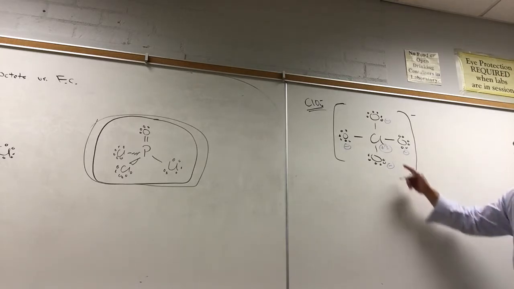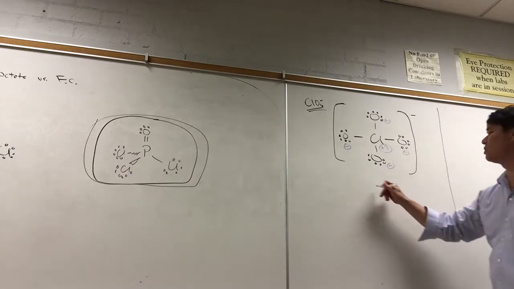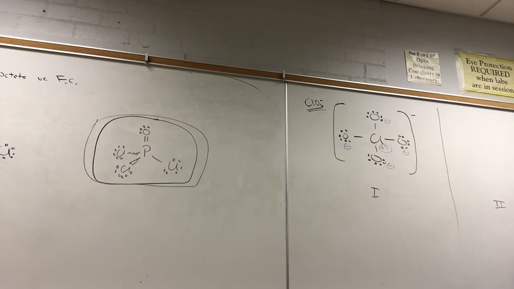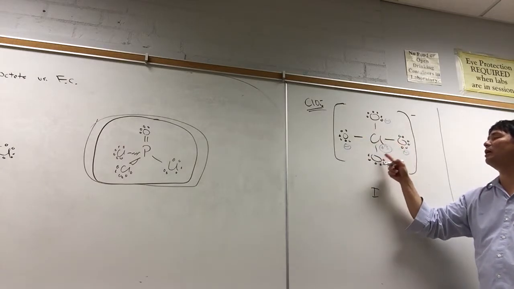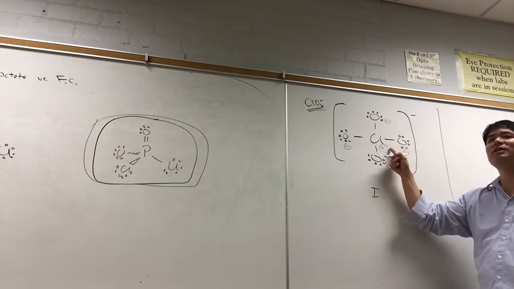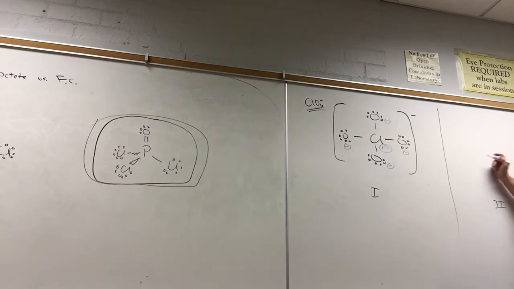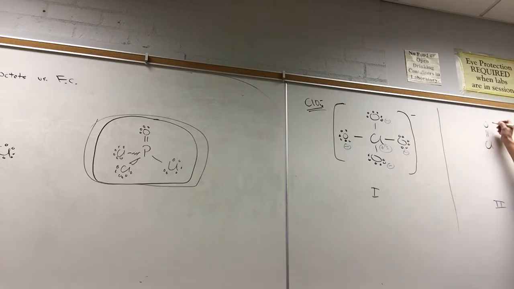But, you know, this +3 makes me uncomfortable. And so this is what we'll call structure 1. And then we're going to have structure 2. Structure 2 has an octet, and the bonding is going to be quite ionic, because there should be a very large contribution from ionic bonding, since +3 and -1 is going to form a strong ionic bond, pulling them together. Okay, but that +3 is bothering me, so let's at least form 1 double